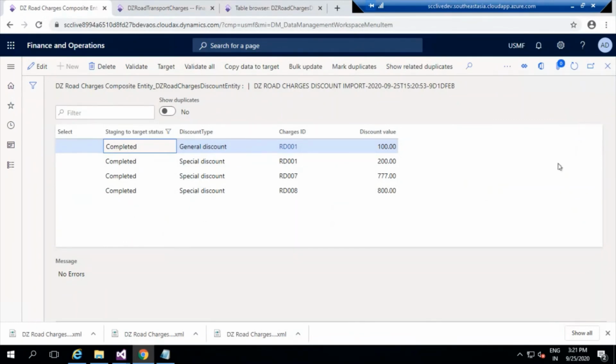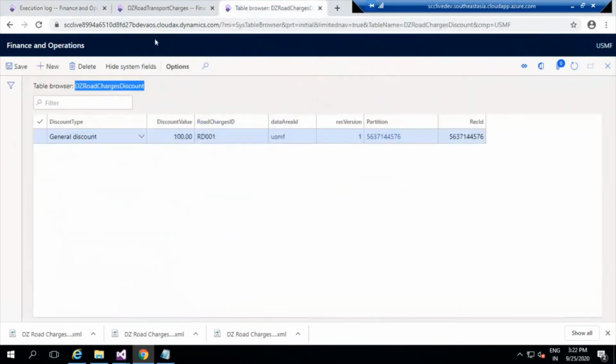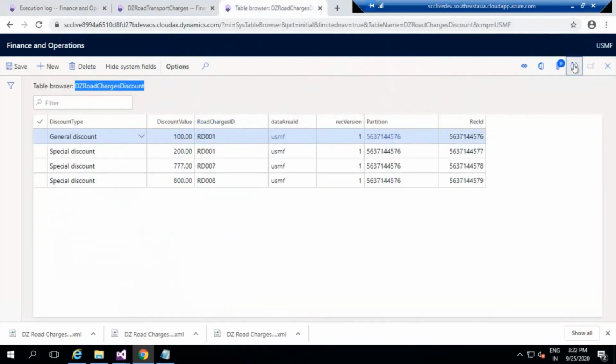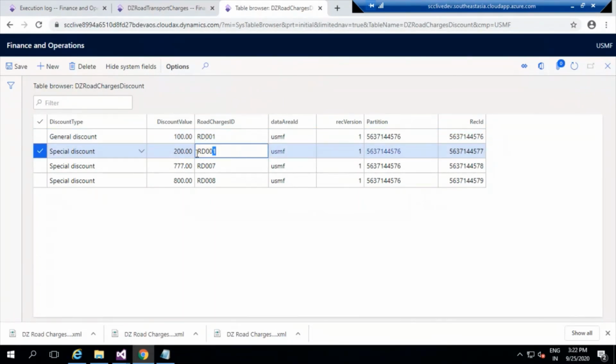Okay, fine. So next, we are going to verify it in the original table, and I'm going to do a refresh, and you can see here the 3 records, whatever we created, right? So for RD001, I created this because it's not a one-to-one relation, it can be a one-to-n relationship. So to specify that, I created it now. And you could see the proper enum has also come in. I specified the value 111 for everything, so that it has taken the special discount automatically.